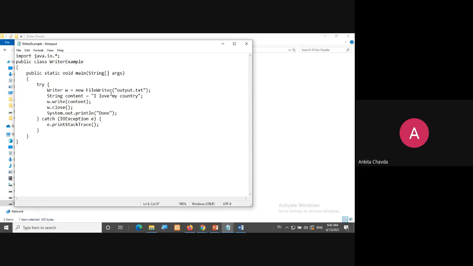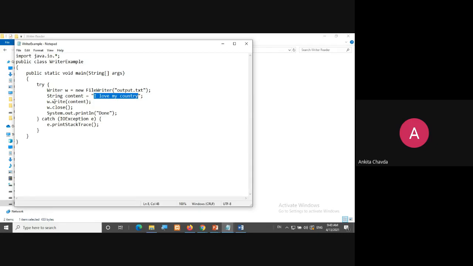It is the very next class, FileReader and FileWriter, which we will understand. So Writer w equals new FileWriter, and I am giving output.txt. Now in a String, I have taken one variable, content, and I have written "I love my country".